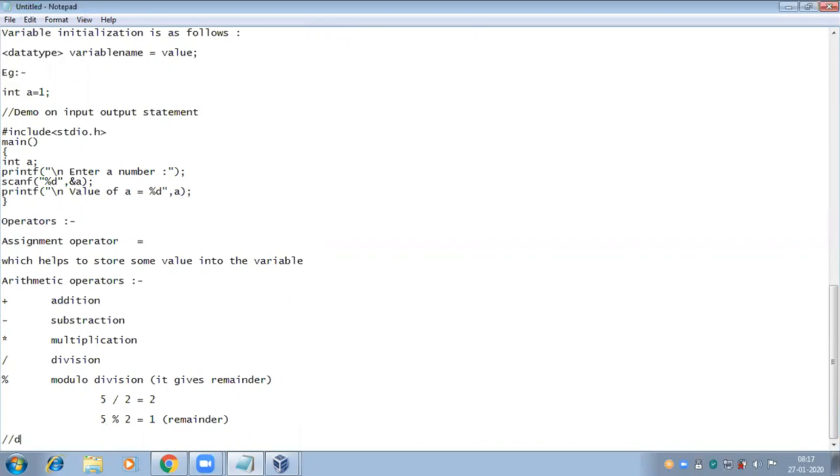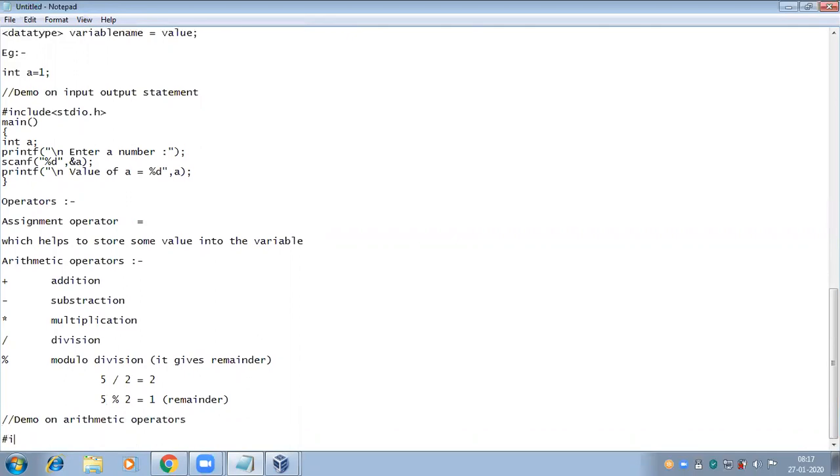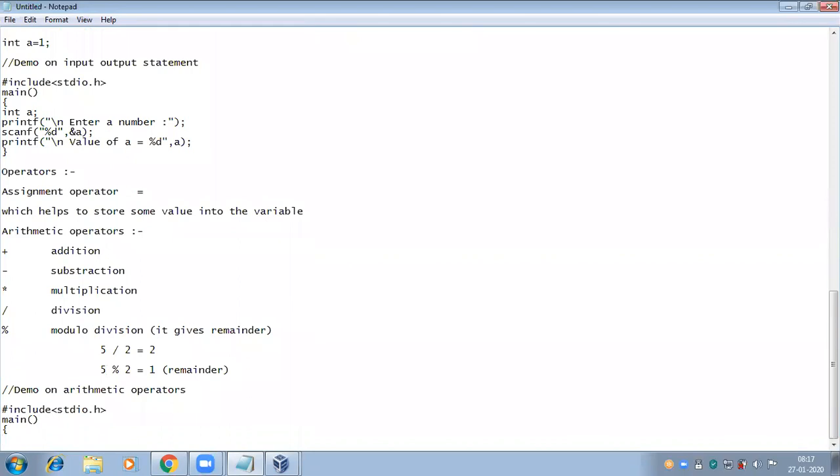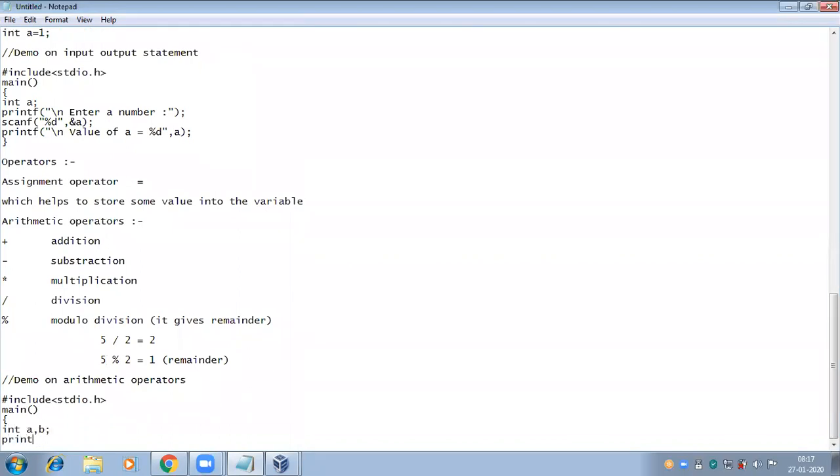Demo on arithmetic operators. Link section is #include <stdio.h>. Next main. Here I'm taking two integer variables.